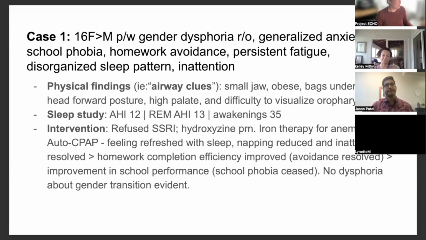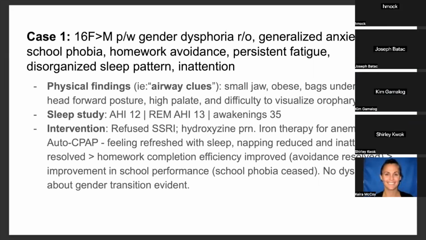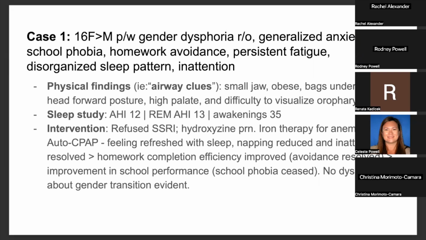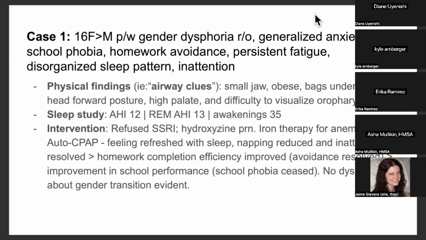So case 1, this is a case of a 16-year-old female to male presenting for a gender dysphoria rule out. They were referred by the PCP as the individual was looking for gender transforming interventions with hormonal therapies. But at the same time, the PCP had recognized the individual had a significant amount of anxiety and concerns with a number of their behaviors, along with their mood. And so